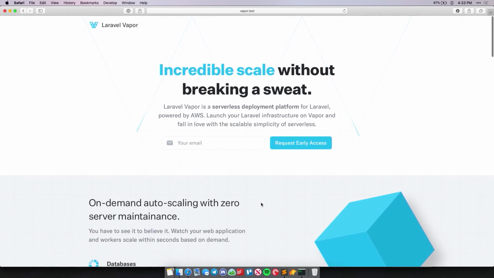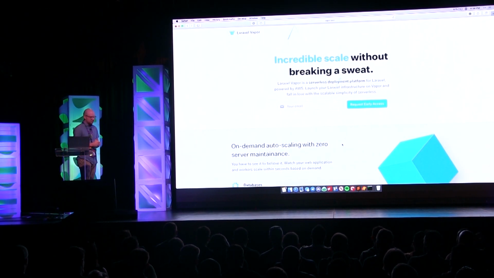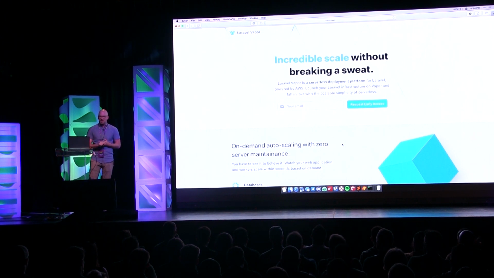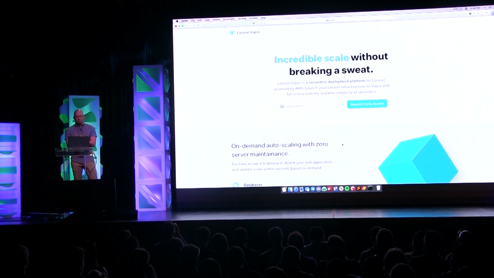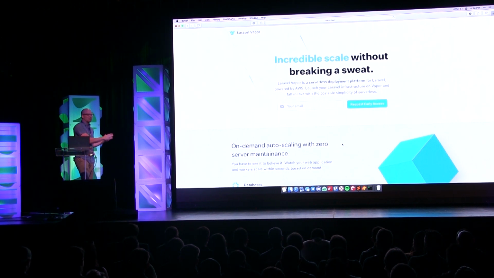So before I really get into the app too far, I want to just stop for a second and say, what is serverless? Because I don't want to take it for granted that every one of you is familiar with serverless as a concept. So serverless is sort of this new hot tech that's been trending over the past few years, driven by cloud providers like Amazon with their Amazon Lambda offering, driven by Google with Google Cloud Functions, and Microsoft has their own offering. And the idea behind serverless is that you deploy to their platform and you never worry about your infrastructure. Now, of course, there are servers somewhere in Amazon that run your code.